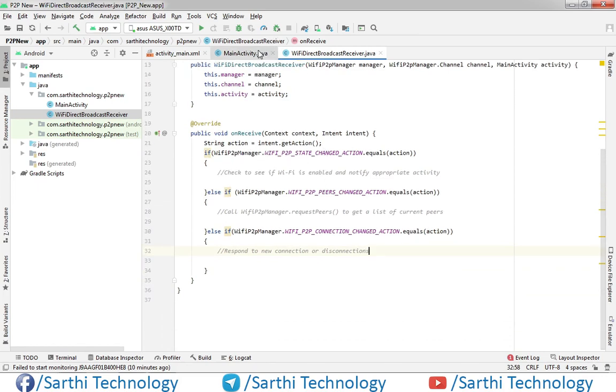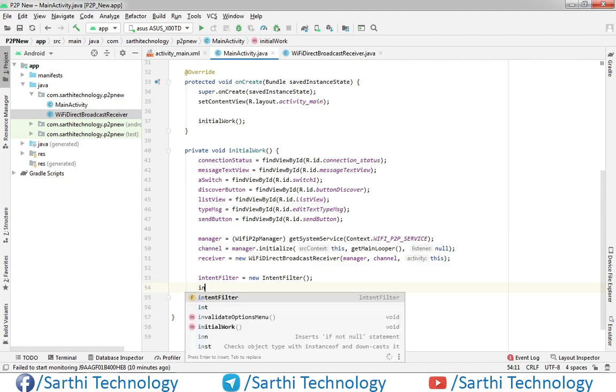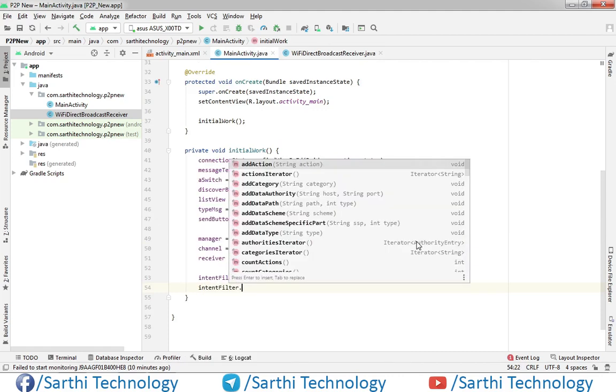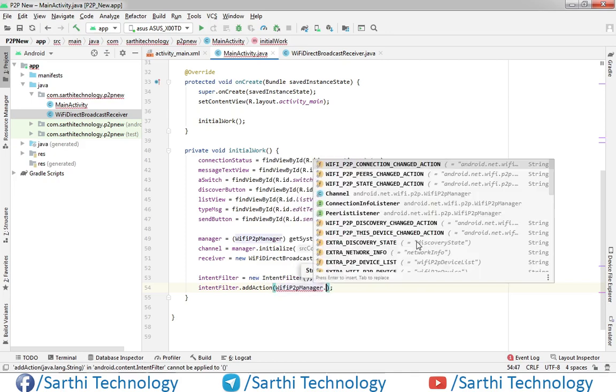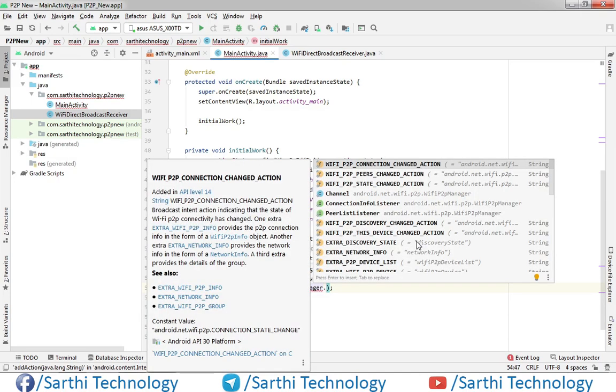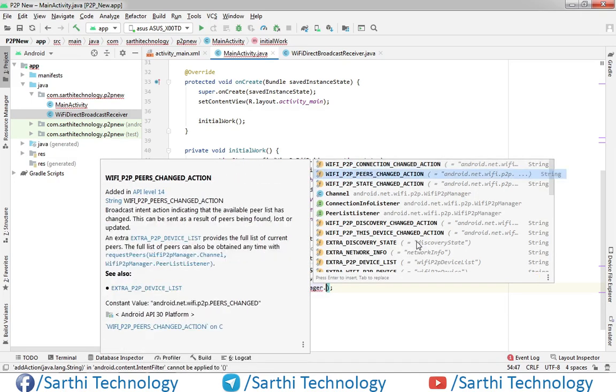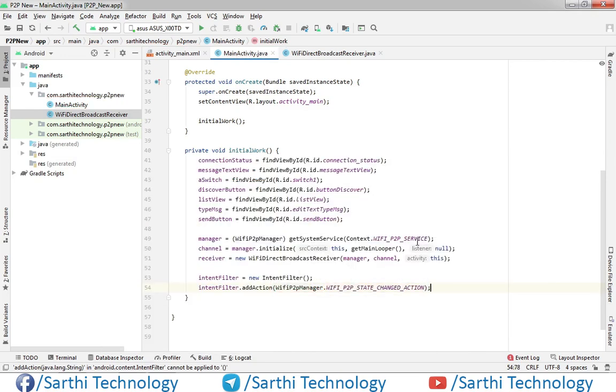First is intent filter dot add action Wi-Fi P2P manager dot Wi-Fi P2P state change action.